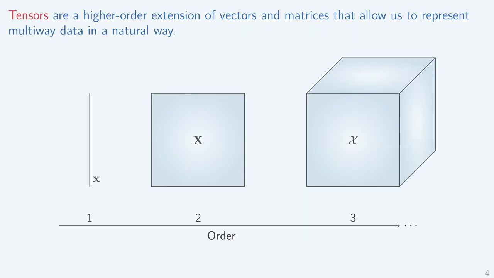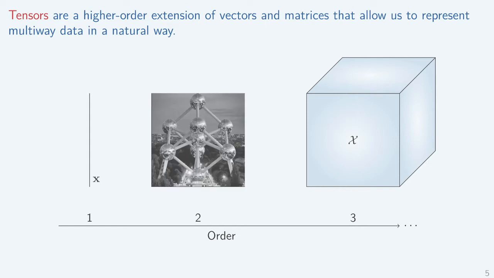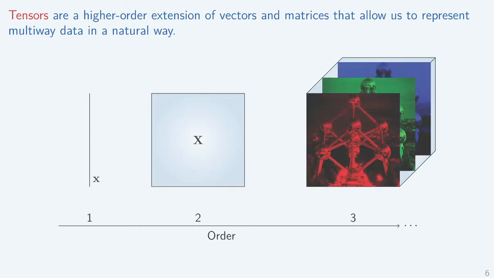Tensors are higher order generalizations of vectors and matrices. A matrix can be used to represent a grayscale image, since each pixel corresponds to one value. In a color image, each pixel consists of 3 values. This means that it can be represented by 3 matrices. We can stack these matrices behind each other, and we then obtain a 3D data structure which is in fact